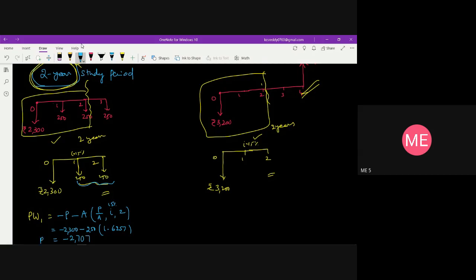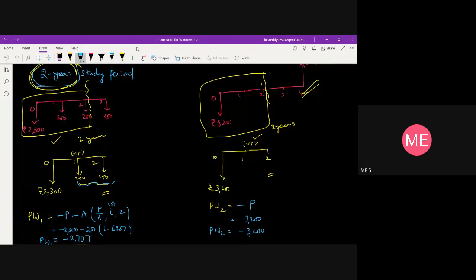So this is the present worth of asset 1, and similarly if you take the present worth of alternative 2, if I write the equation, minus P, because it is a cost. If you look at this, no other cash flows are there, so I'll be ending at this particular point only. So the resultant present worth of alternative 2 is minus 3,200. So PW2 is going to be minus 3,200.